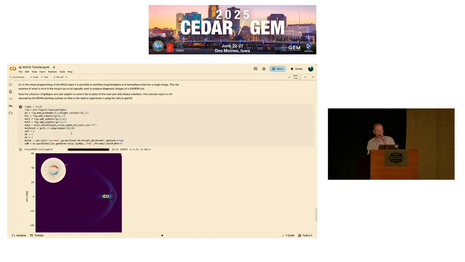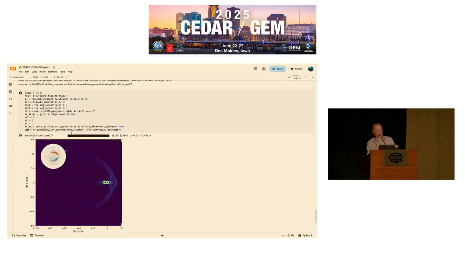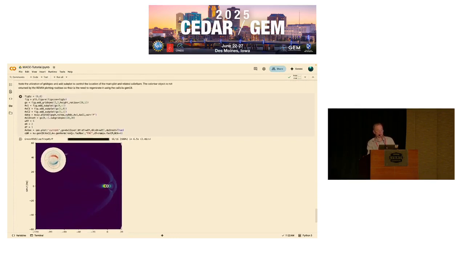And then the last piece that I will just show is that it is possible to create fairly complicated combination plots. If you look back at that first image that I showed you, there was a plot of the magnetosphere with the ionospheric plot inset inside of that. And the process for doing that is using a little bit of